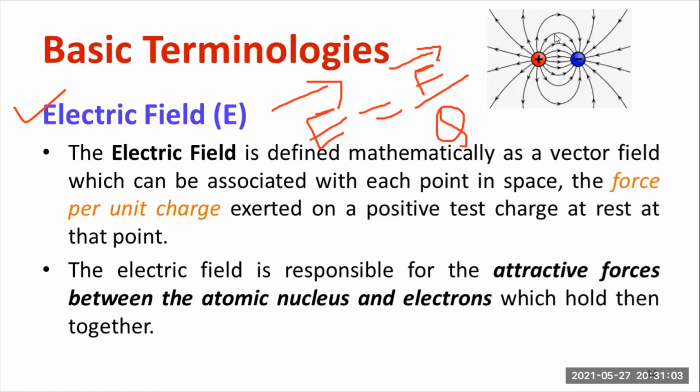You can observe the direction of electromagnetic lines of force. Okay, the electromagnetic lines of force will be starting from positive to negative. So this area is called the electric field, because there will be a presence of electromagnetic lines of force. It will always be passing from positive to negative. Look here, positive to negative. So there is a field. There will always be a force per unit charge that is representing the electric field.